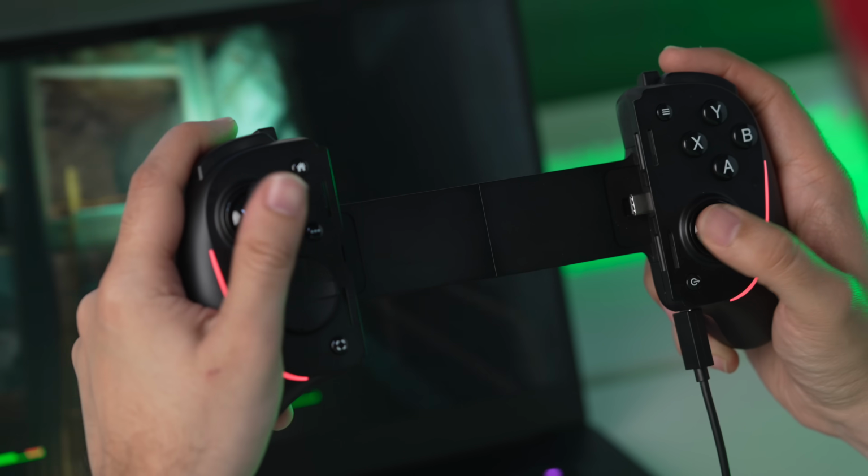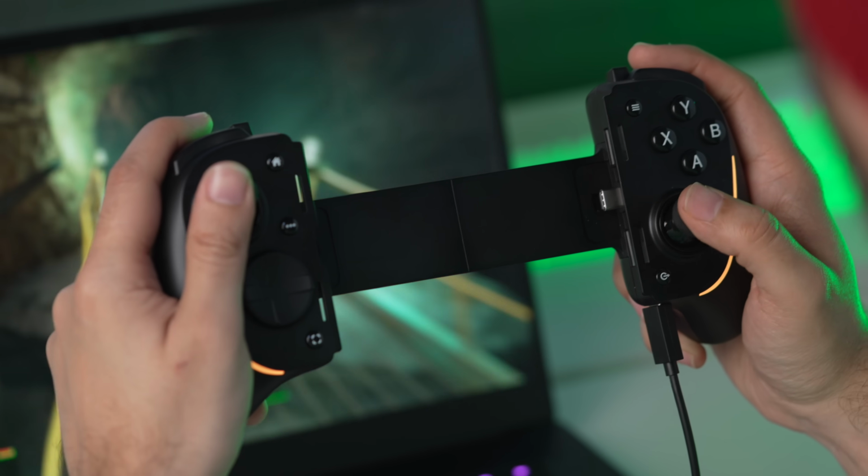So much so that one of the interesting additional uses of it is, like I mentioned earlier, using this USB-C port, you can plug this directly into a PC or a tablet to use as a controller directly. This is a feature that I've seen on some similar controller styles before, and it's something that I haven't always been the biggest fan of. It's one of those things where I'm like, yeah, sure, you can, but why would you if you have another controller on hand? And while I still feel a little bit of that with the Ultra,